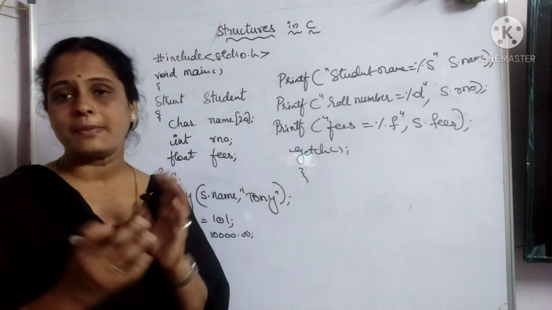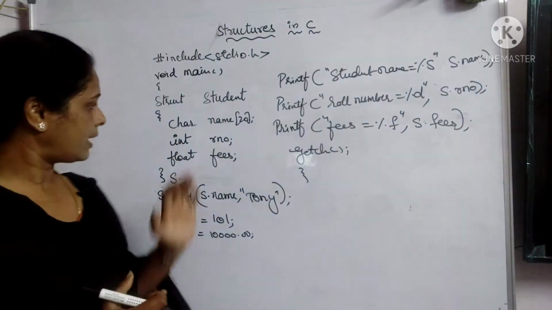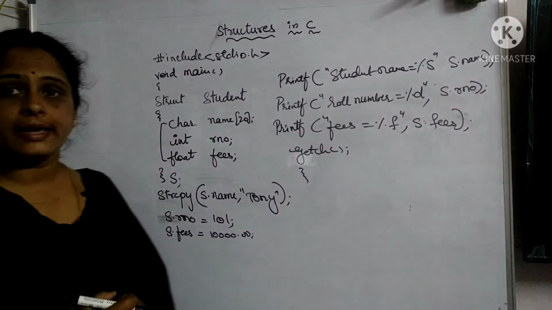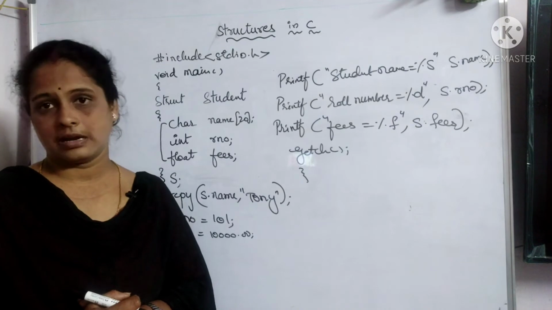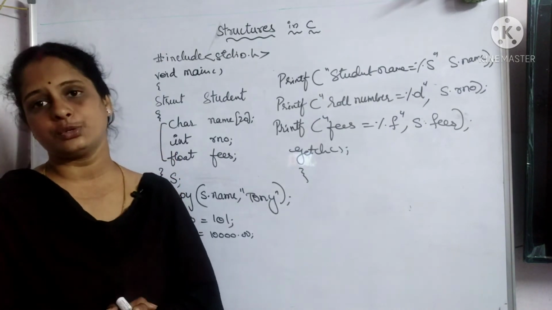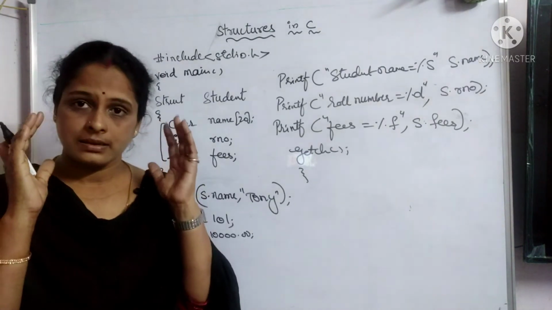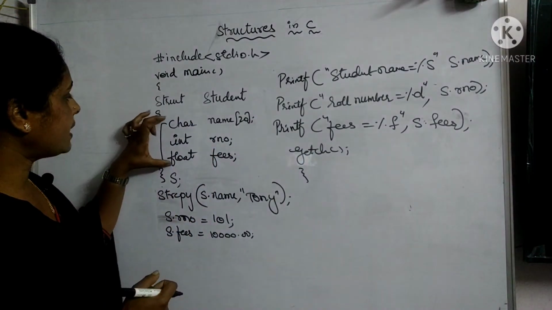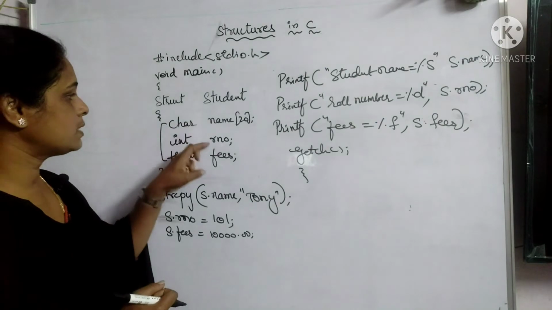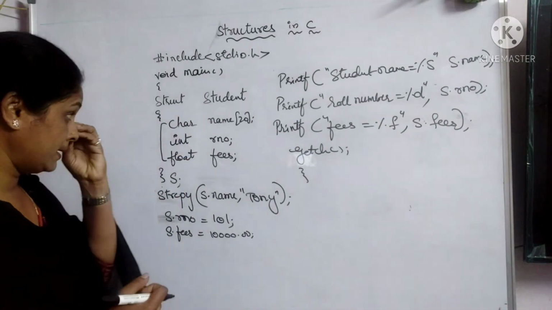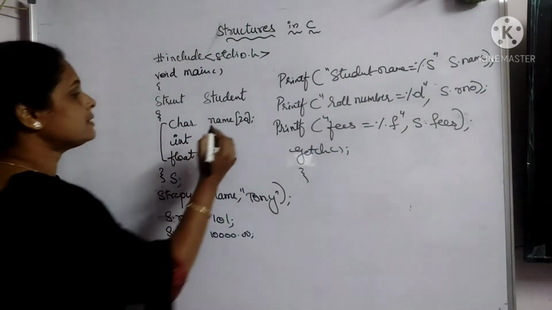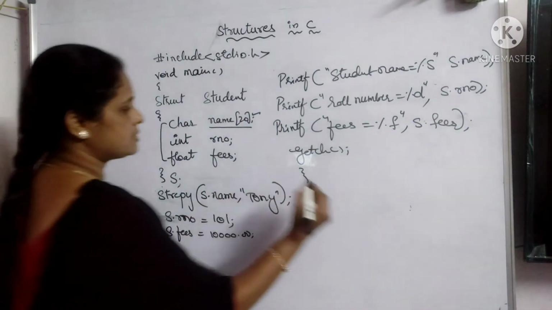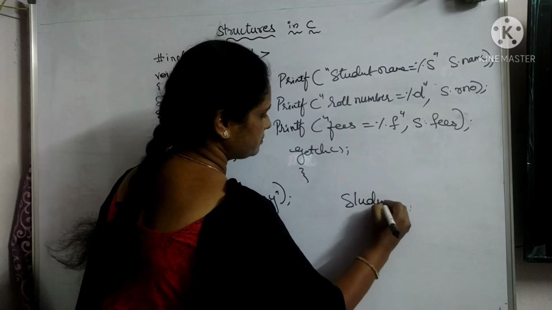Now coming to memory management. As we are seeing, here we have different data types in this structure. Now how much memory is consumed or taken by this structure? It will take all the memory which is used by these three. For example, take this as an example. In this case, name is given a size of 20. So let us take it like this.